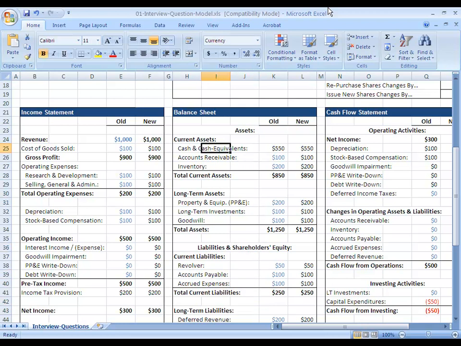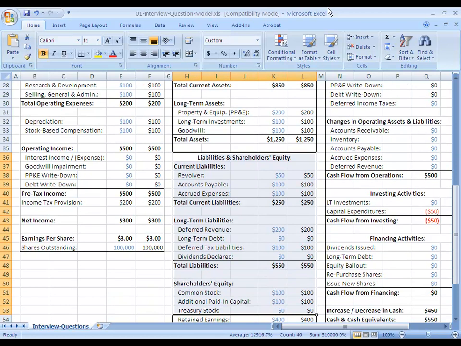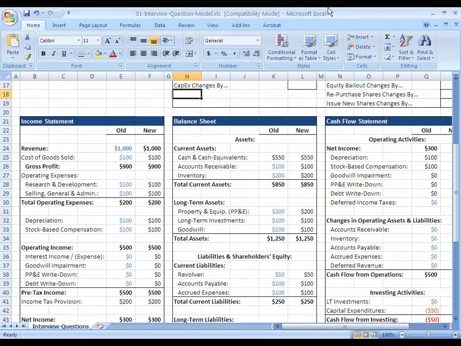The balance sheet provides a snapshot of a company's resources, its assets, and then how it acquired those resources, its liabilities and shareholders' equity. It provides a snapshot of those accounts at a certain point in time. The most important rule with the balance sheet is that assets must equal liabilities plus shareholders' equity so that both sides are always in balance.